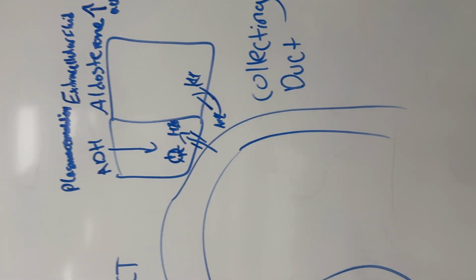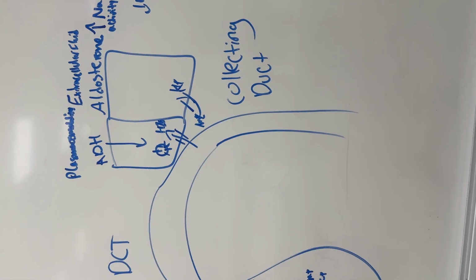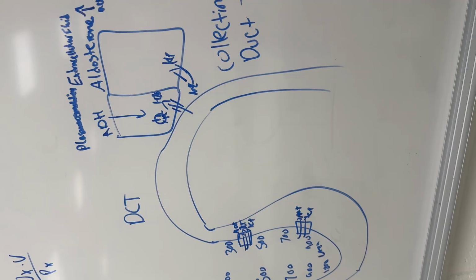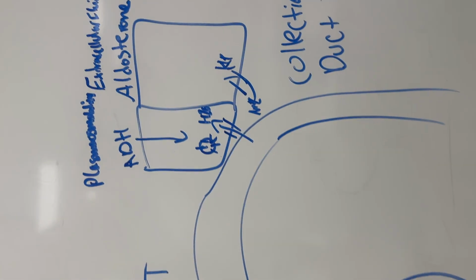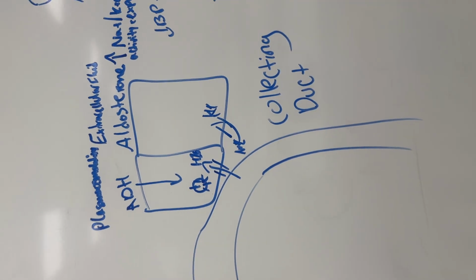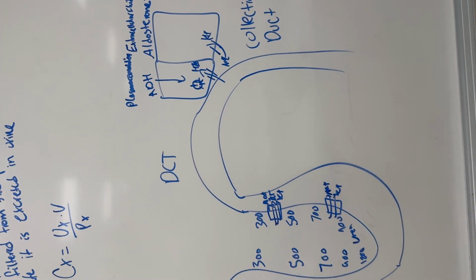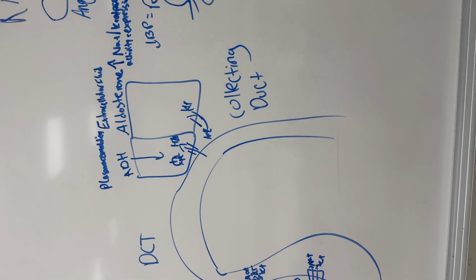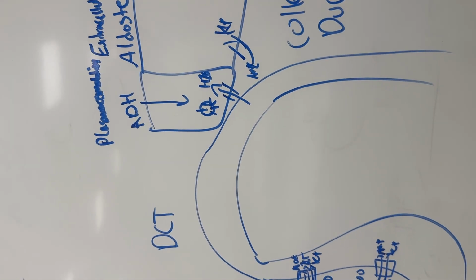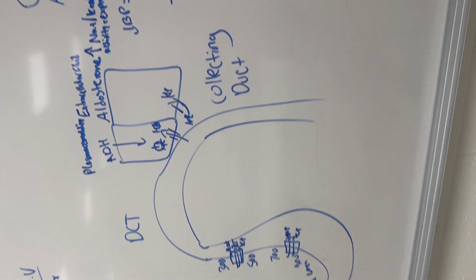So for ADH, in our apical cells of the end of the tubules, kind of collecting duct, distal convoluted tubule area, we are going to have ADH act on this cell, and that's going to cause vesicles full of aquaporins to be implanted in the membrane, and that's going to cause the reabsorption of water here. So this is going to increase the concentration of our urine since we're taking water out. It's also going to increase our blood pressure because we're increasing our blood volume by adding more water into the